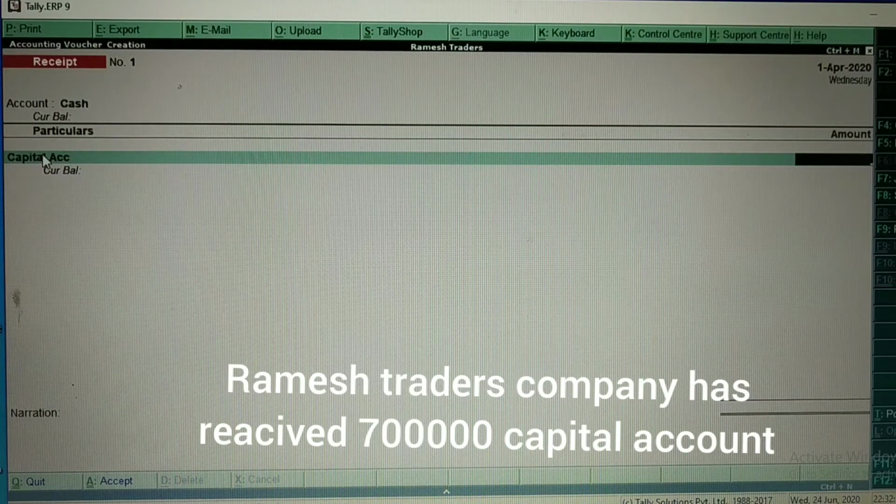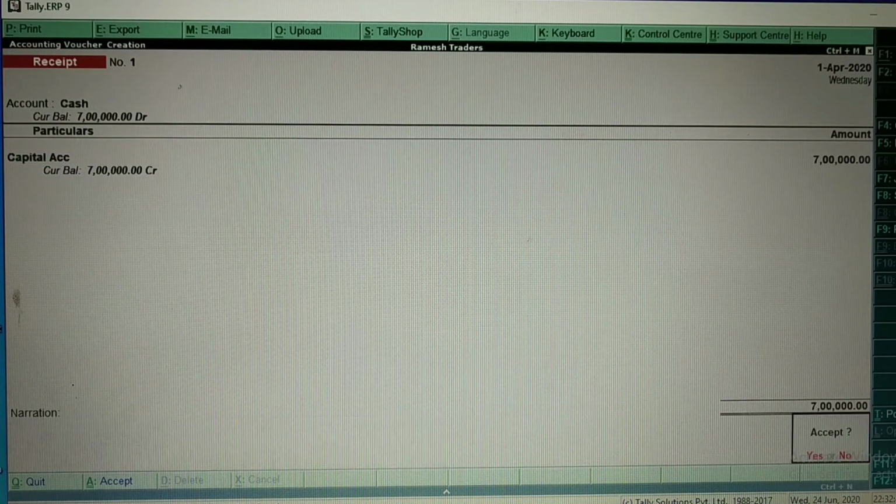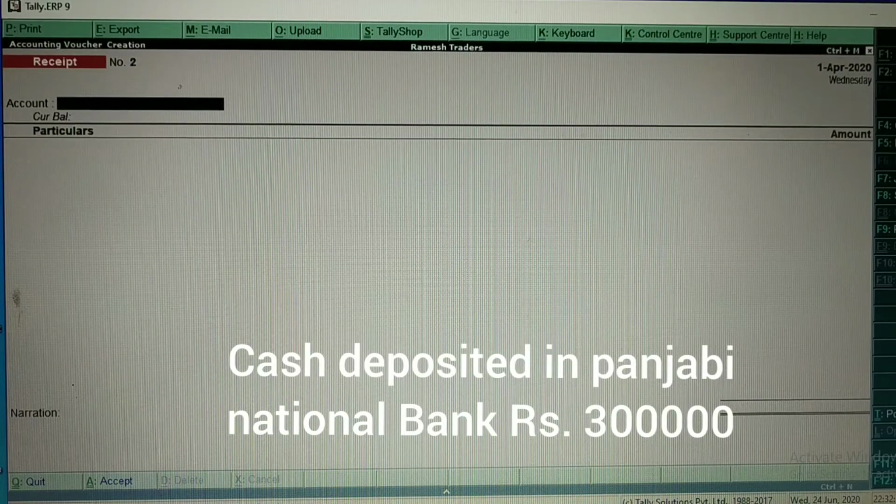How much capital is Ramesh Traders receiving? 7 lakh rupees. Now, if you want to write any narration, you can write here. Otherwise, you can accept.